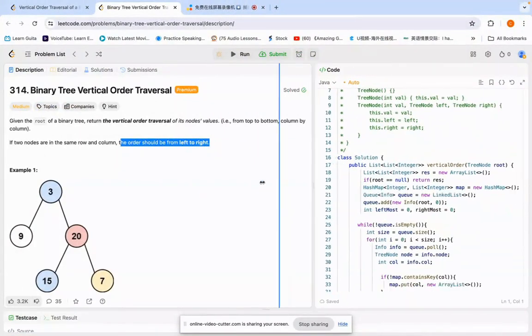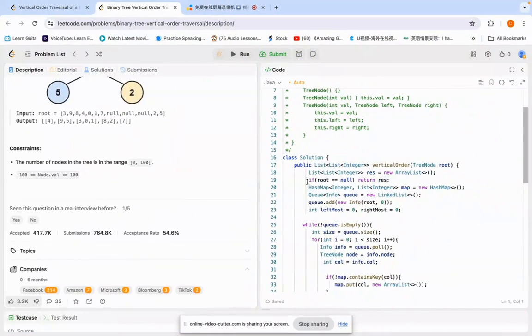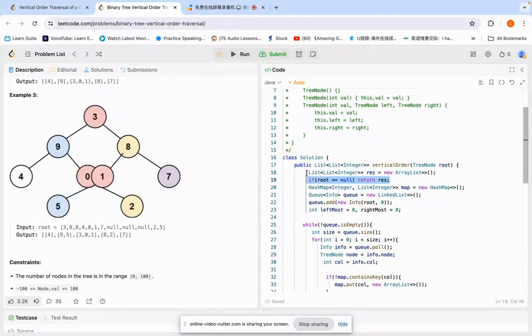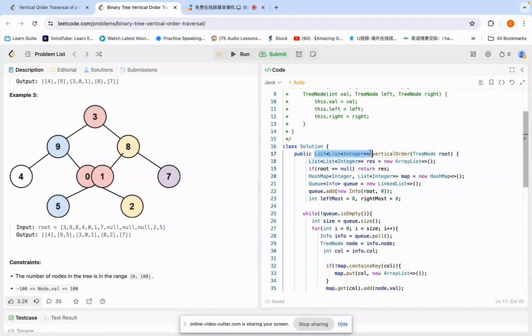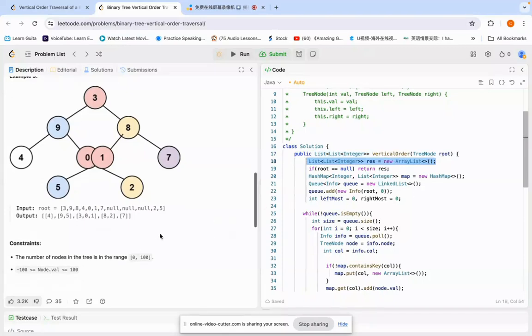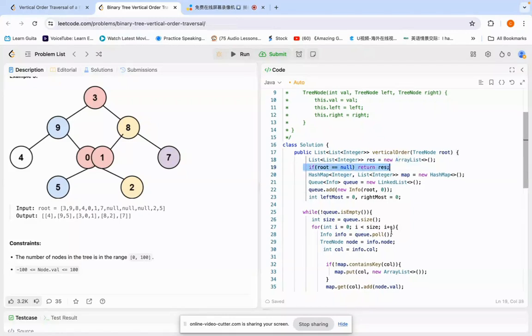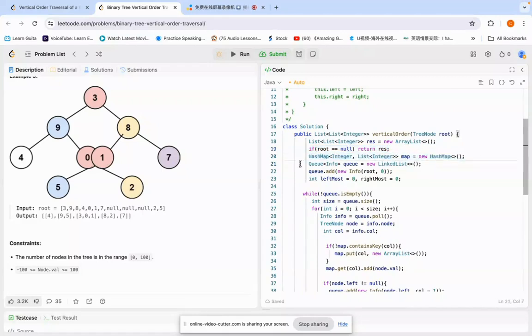So here you can see. Okay, here in the first step I just create a result list, because it's our return type. So obviously in the first step we need to create a return type, and then you can see here why I check whether the root equals null: because the range starts from 0, so it's possible that the root is null, right? So here we need to prevent this edge case,